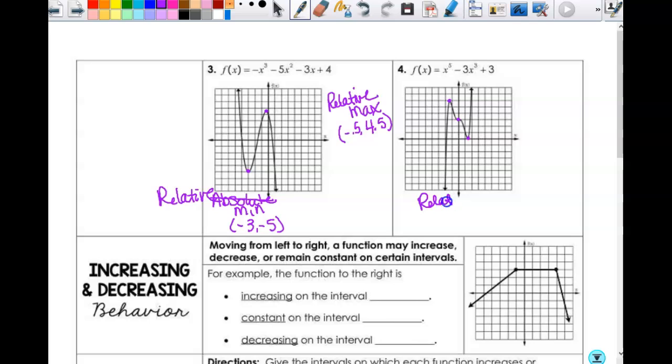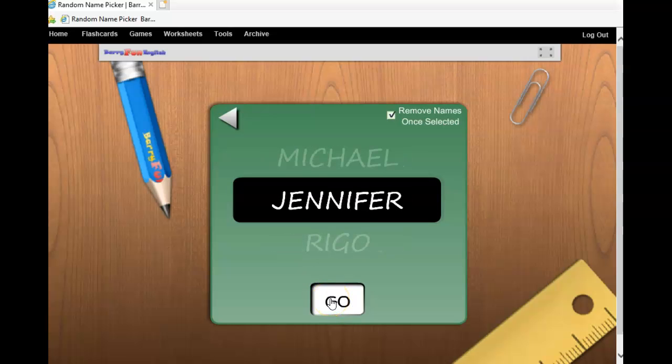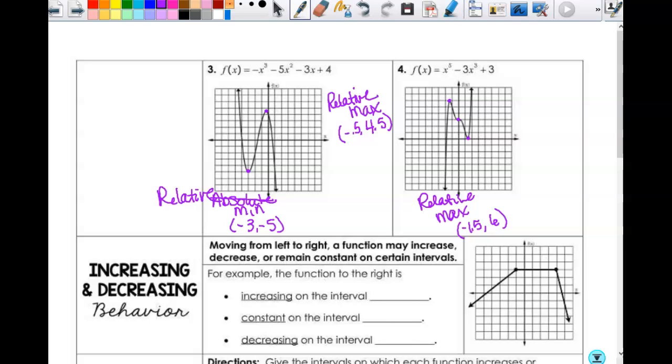Okay, so you have a... very good, and then 6. Then what's